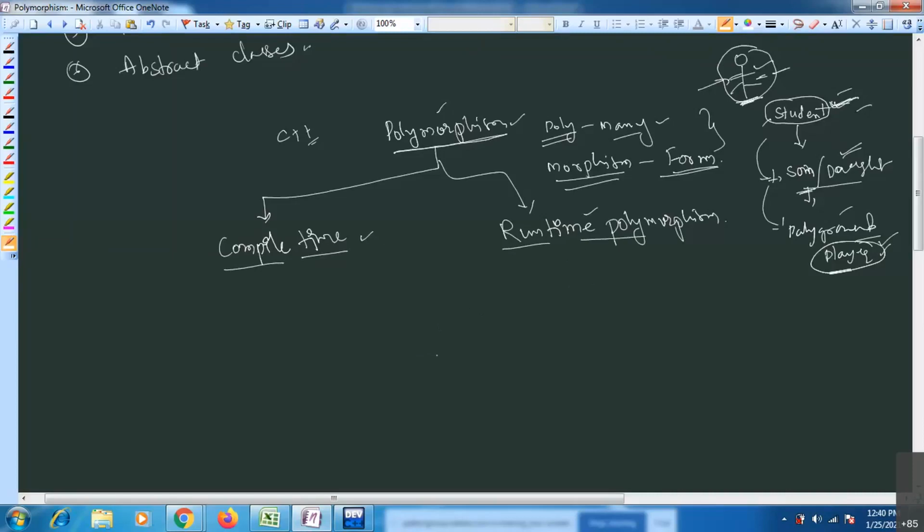We can achieve compile time polymorphism by using function overloading or operator overloading.